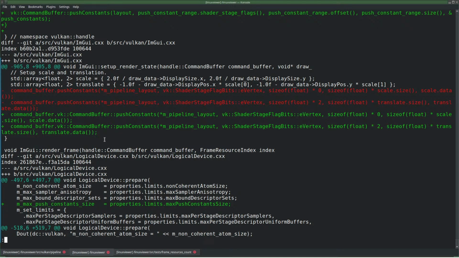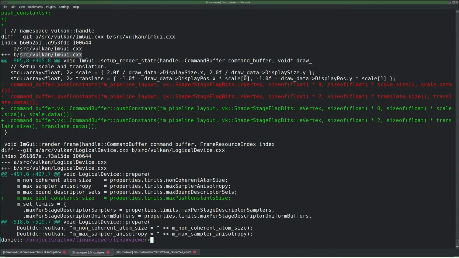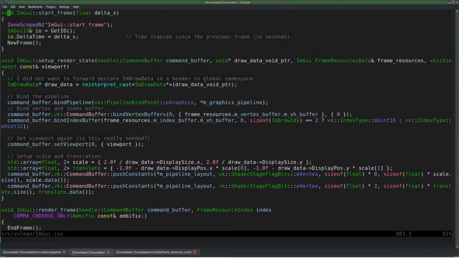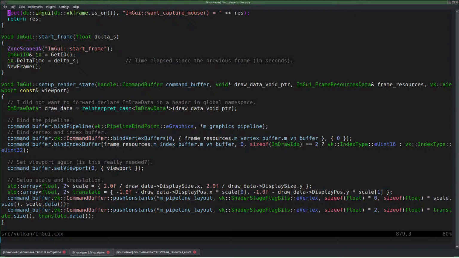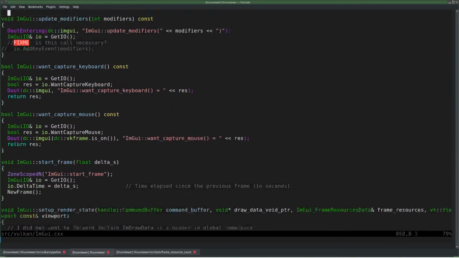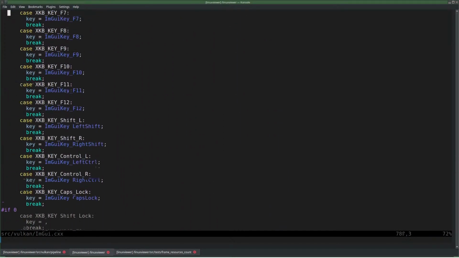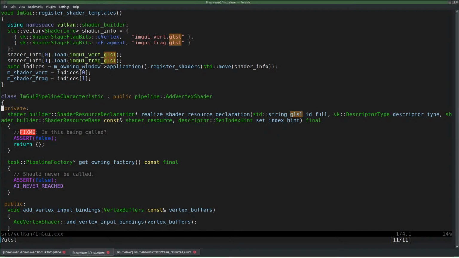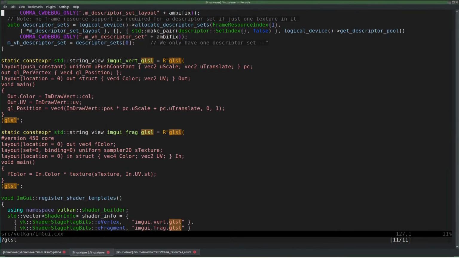I don't think, well, actually, either also the shader of IMU is doing preprocessing, isn't it? Let's have a look. Yes, it is. It's doing preprocessing, so